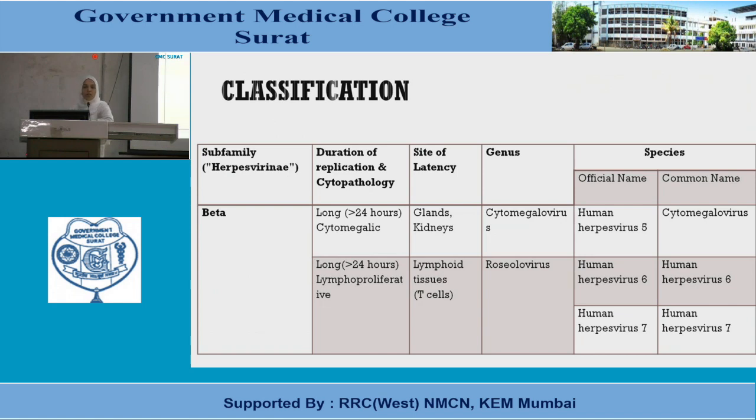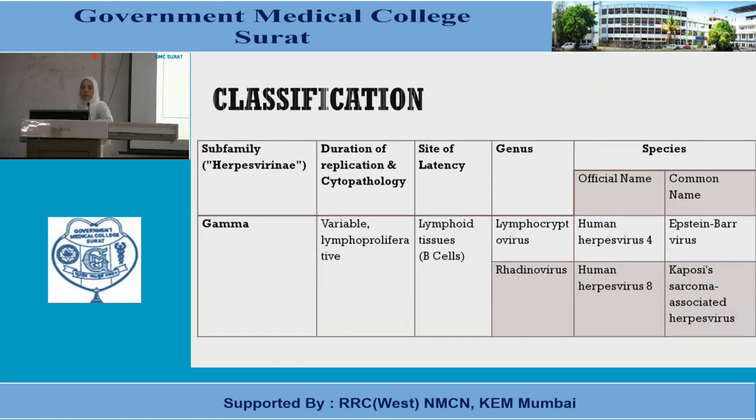The other lymphoid tissue which is affected, the genus is roseolavirus. Now if you see the official name and species name or the layman name, cytomegalovirus is also called human herpes 5 or cytomegalovirus, and the roseolavirus is called human herpes 6. It is named the same, and human herpes 7, right? Coming to the gamma subtype, the duration is variable in it, but they are lymphoproliferative. In lymphoid tissue, here instead of T cells, they prefer B cells where they are hidden, and they are again divided